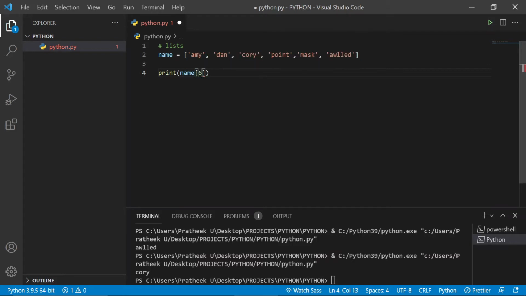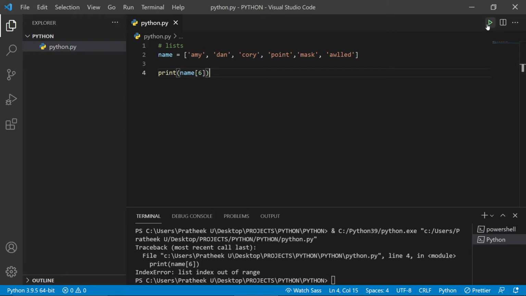And if you directly pass, if you want to access the 7th element, because we are passing in the 6, in this case we have 1, 2, 3, 4, 5, 6. There is no 7th element, right? So if I type to print it, it will give me a list index out of range error, because there is no index 6 in this list. The last index is 5, right? 0, 1, 2, 3, 4, 5. Hence it gave us an error. So that was about accessing individual elements